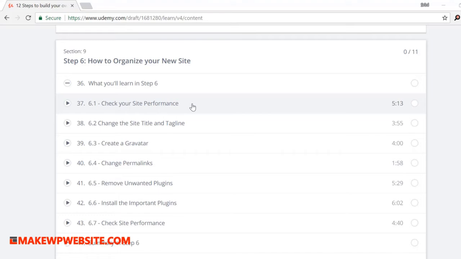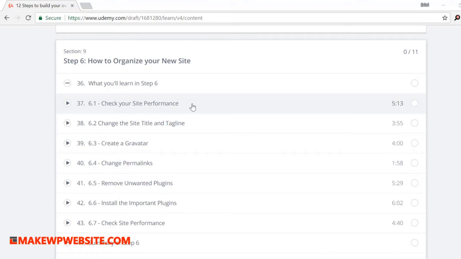Next, in section 6.6, we will install some important plugins. Again, these plugins are my personal views based on my experience, and I have already shown in this section the site performance before and after the plugins, and we have drastically seen the performance improve. The page speed improved after we installed these plugins.